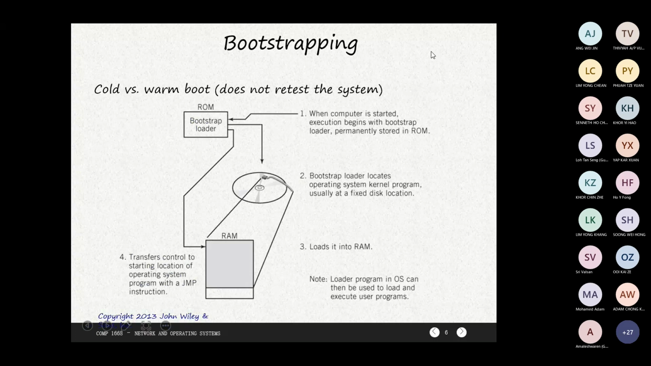There is a chart in your next slide, simply to differentiate the cold and warm boot up. Warm boot up does not retest the system. Cold boot up requires the retest. So normally we have an option. The normal option is warm boot up instead of cold boot up. Example, the